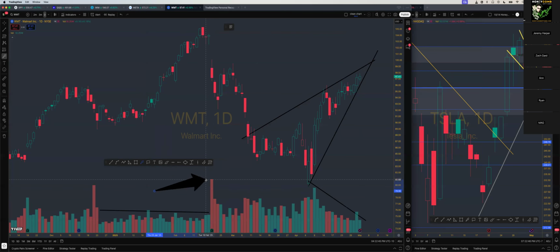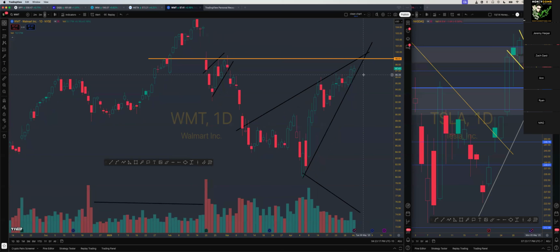But anyway, on the short side, here it looks like a finger. See how it's like fingers and that's pointing. Then you have the volume drop off, and we have a micro version of what I think is happening right here. Big bear flag into this gap area, and we rejected right there. So this is like a major low. If you guys are watching Walmart, huge level that we're almost running into. I would do puts on Walmart.